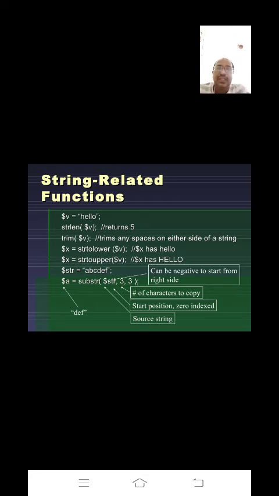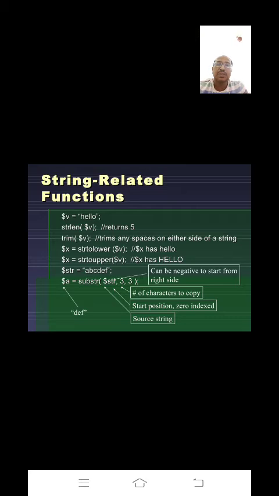It's a very simple method. SUBSTR is nothing but the substring method. The substring function can be used to extract some part of a string, and in this method you have to specify where you want to start the extraction and how many characters to extract. The first value indicates the starting position, and the second value indicates how many characters to copy or extract.